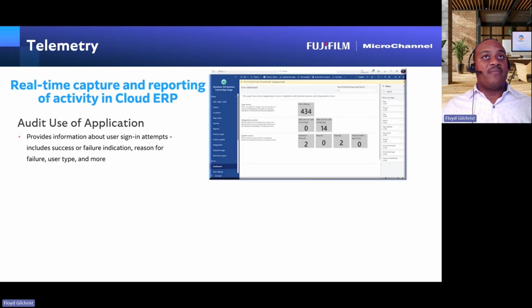You also get to audit various things such as errors that may be occurring. So if there are issues within that environment, you can see that as well. Integration problems, if you have integrations from external systems connecting into your Dynamics 365 environment, you'll be able to see those errors. And as you'll also see, this is actually in a nice Power BI dashboard. In my case here, I took the telemetry that's coming in from Business Central and represented that data in a Power BI dashboard.